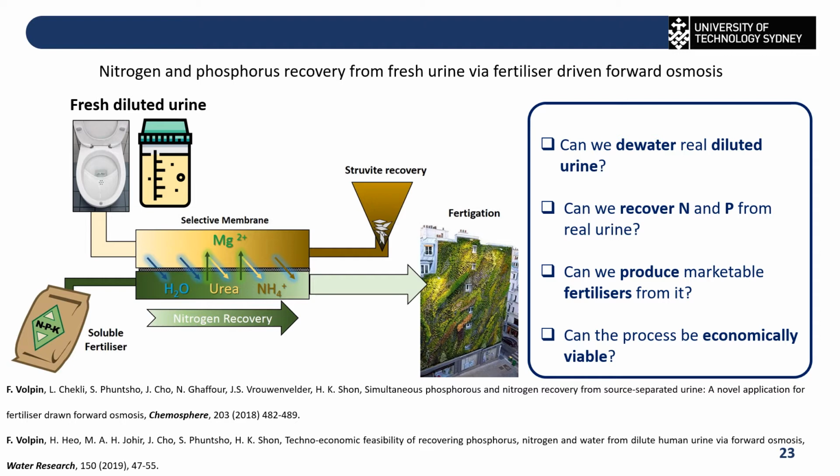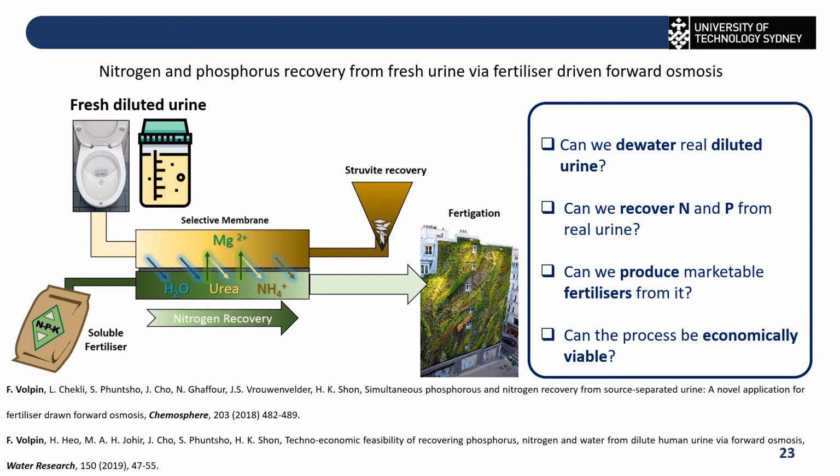However, in a toilet, urine is mixed with the flush water, and then we look at the forward osmosis membrane to dewater this water, and then we want to selectively collect our fertilizer. So when you utilize the forward osmosis membrane technology, our questions are, can we dewater the real